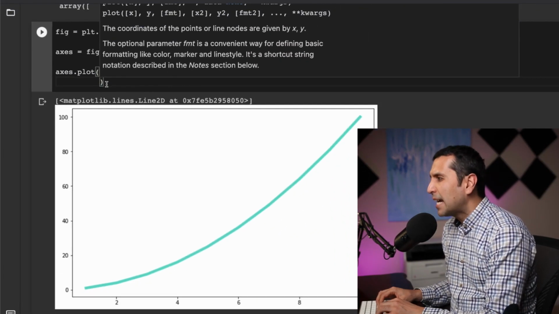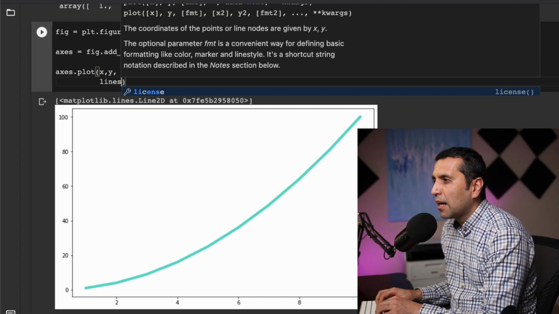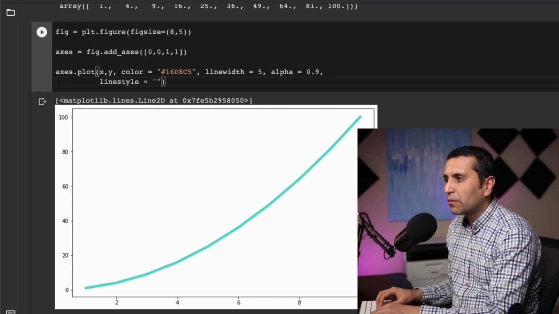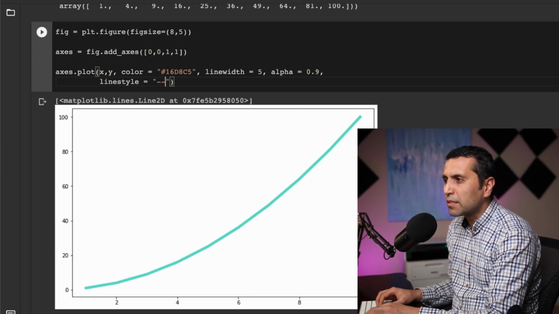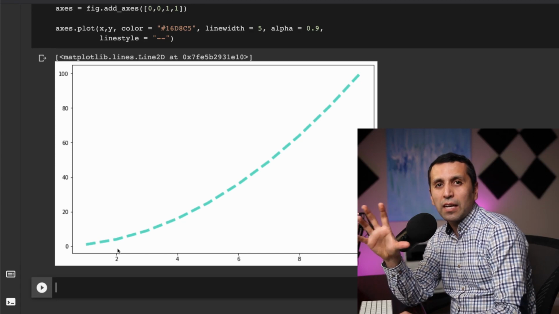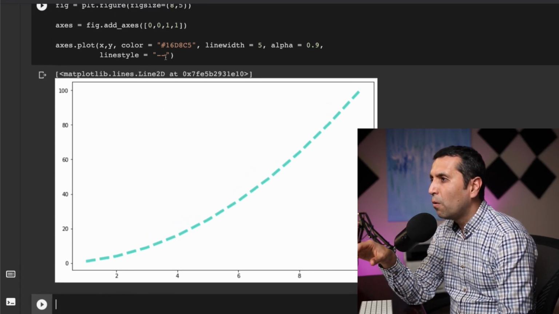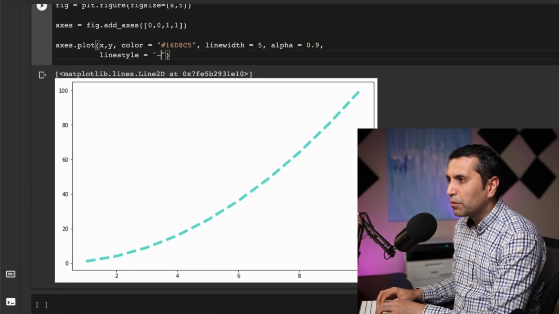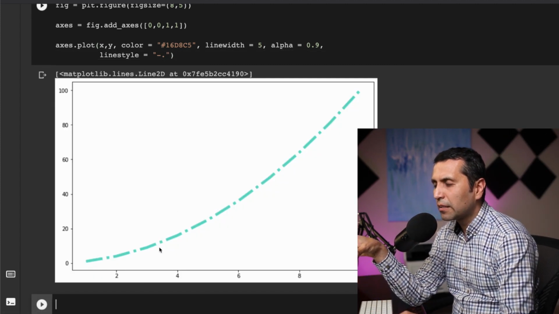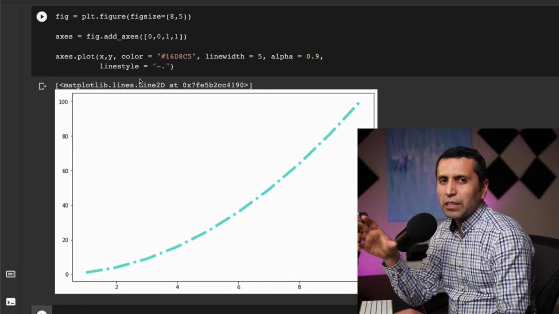The next one is the line style. What I mean is, if I put a different style, for example like that, let me show how it looks. I have different styles of my lines too. Or I can put a line and a dot. So right now I have my line and dot, line and dot. So right now we have some